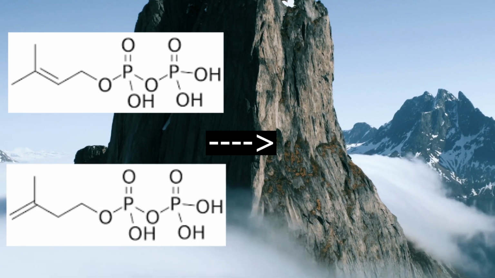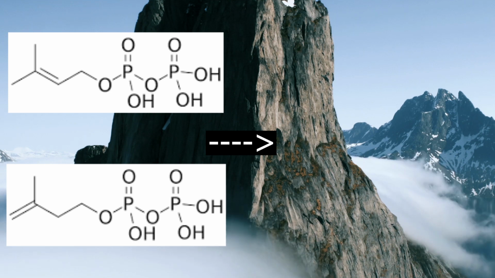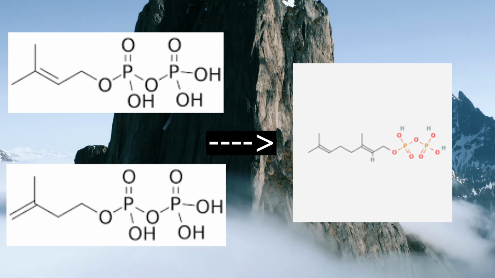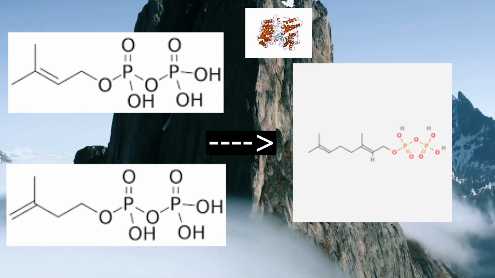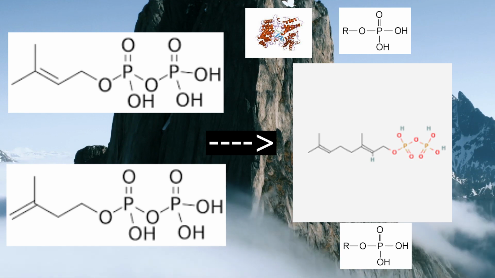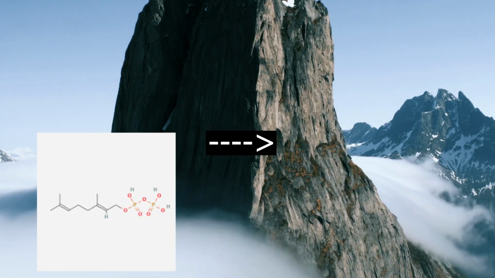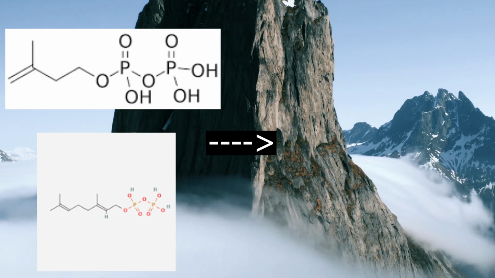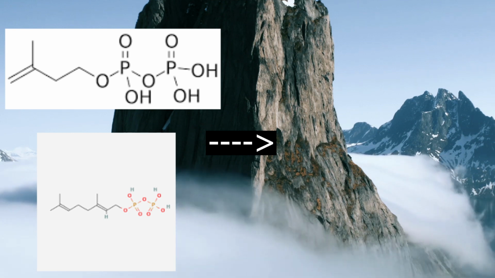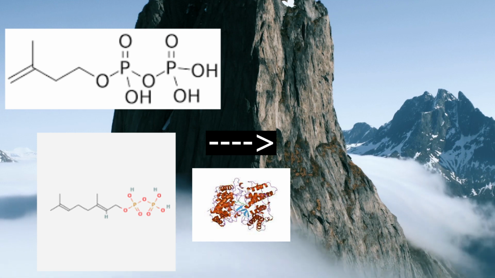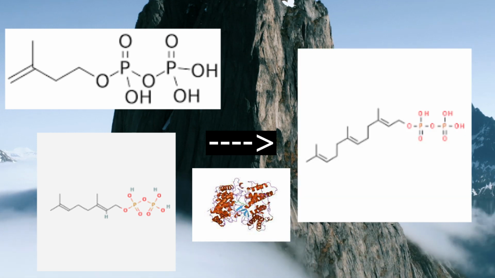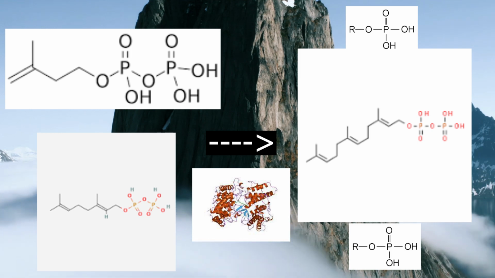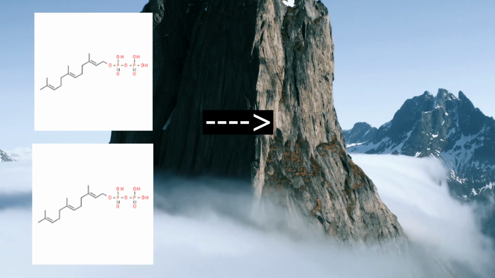and add it to a separate isopentenyl pyrophosphate molecule, and then that will turn into geranyl pyrophosphate. And this reaction is catalyzed by the enzyme cis-prenyl transferase, and 2 phosphate groups end up becoming waste. And this geranyl pyrophosphate molecule, which contains 2 isoprenes, you then add another separate isopentenyl pyrophosphate molecule to the geranyl pyrophosphate. And again, this reaction is catalyzed by cis-prenyl transferase, and this will end up turning into farnesyl pyrophosphate. Now, again, 2 phosphate groups end up coming on the side as waste,